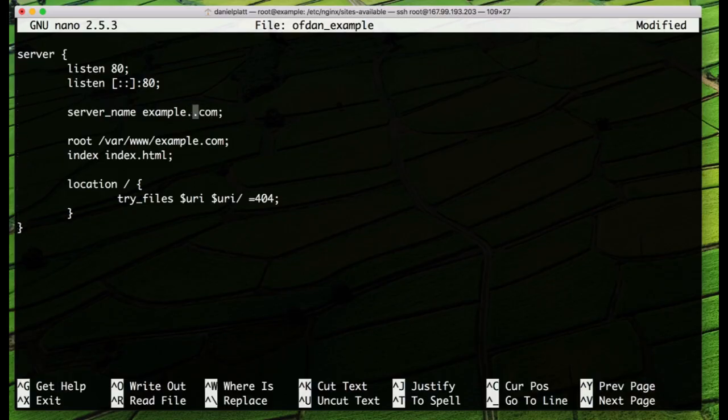And we need to give it the correct name. So I was going with example.ofdan.com. And this is your server name, whatever domain name that you've got pointing at the IP address of your server. If you don't have a domain name, then you can specify the IP address,